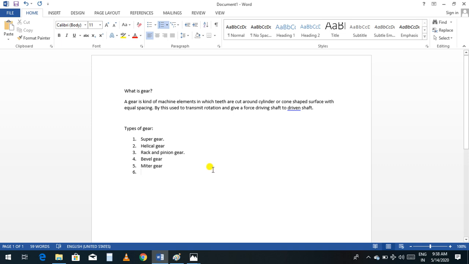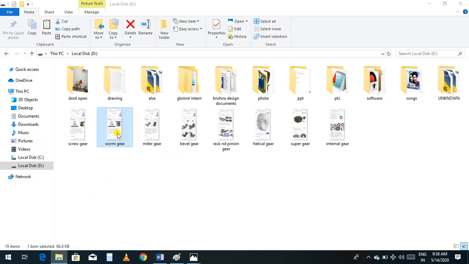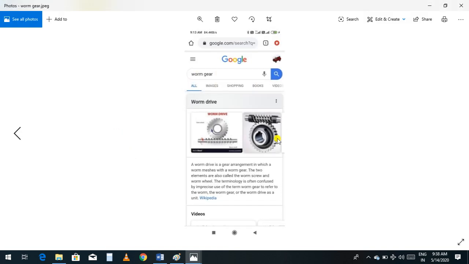And the last gear we have is the worm and worm gear. See, this is a cylindrical helical type of spring, and this is the gear. This will rotate like this, clockwise, so this will go through forward and backward motion.